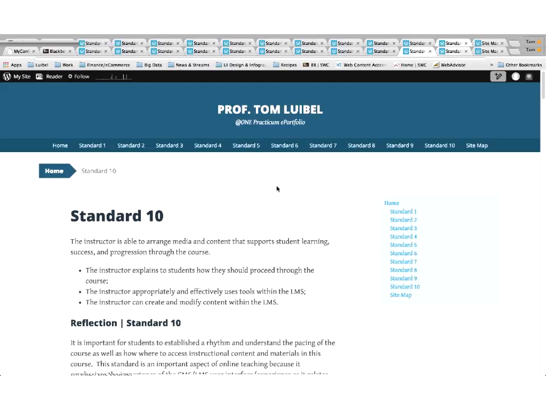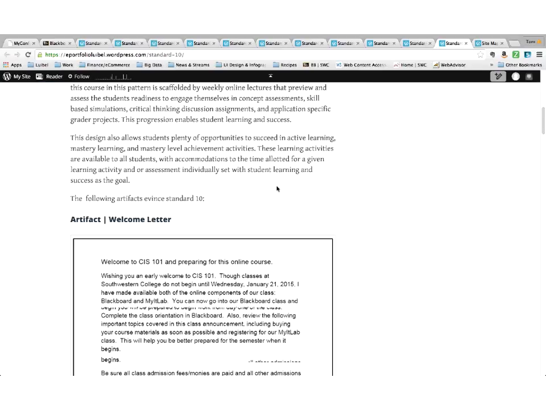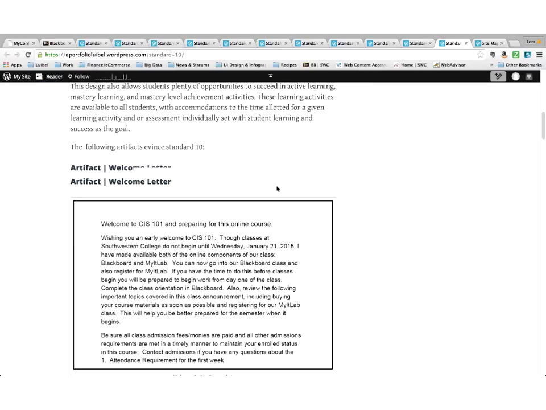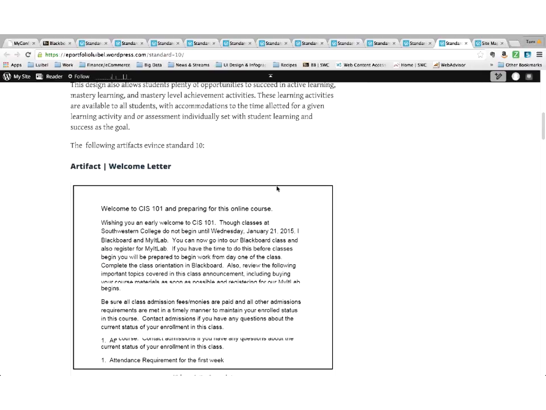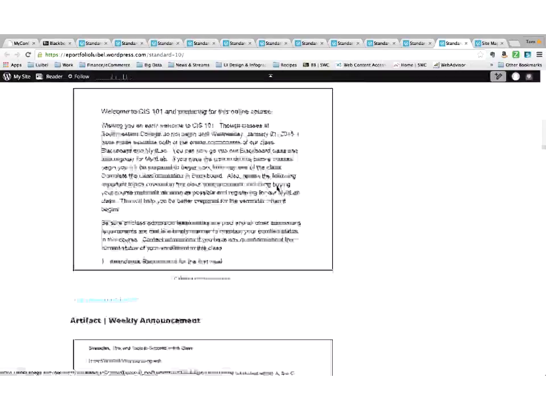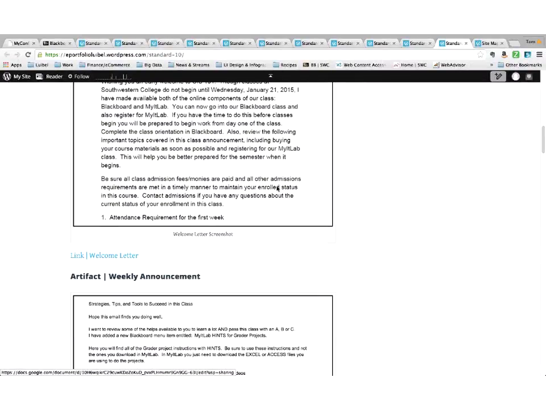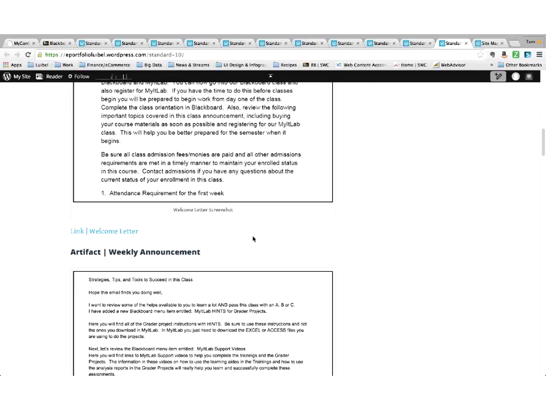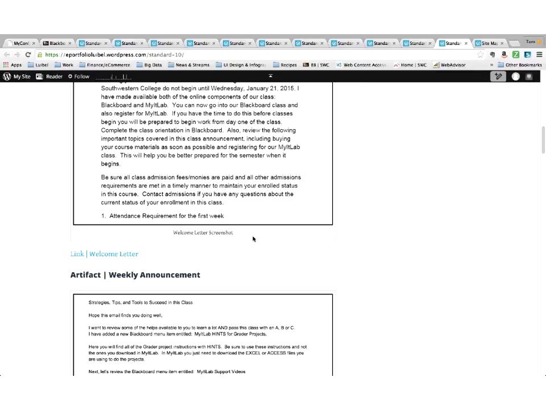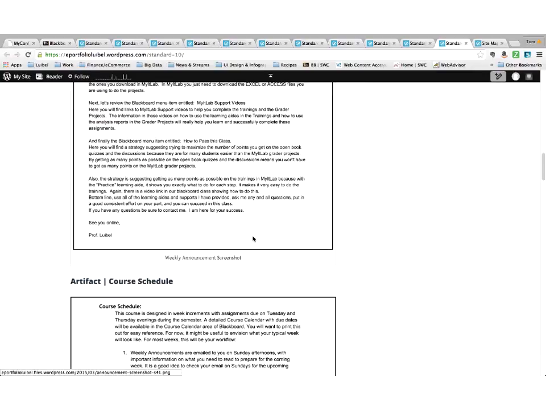All right, standard 10. So on this standard, I try and block and chunk and organize the material for the students. It's kind of like getting on an airplane. We prepare for the flight, we get on, and then we take off, and then we fly, and then we come back and land. So I kind of use that metaphor, and I give them a welcome letter,